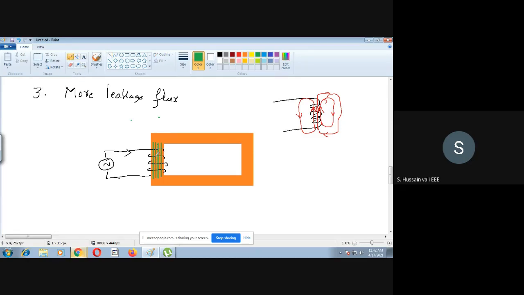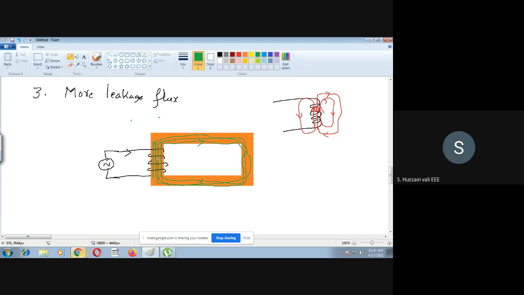lines. It's not like that only 4 lines are there, they are closed lines. So they have to make the closed path. I will show you some of the closed path. One closed path may be like this. This is one closed path. Now second one also may be a closed path like this. Third one, it may go like this. Now there is a possibility of a fourth one.